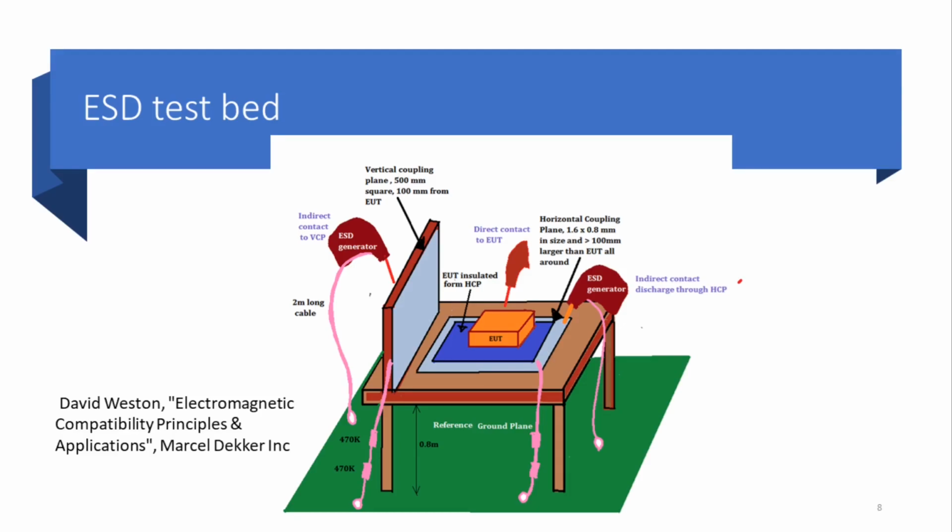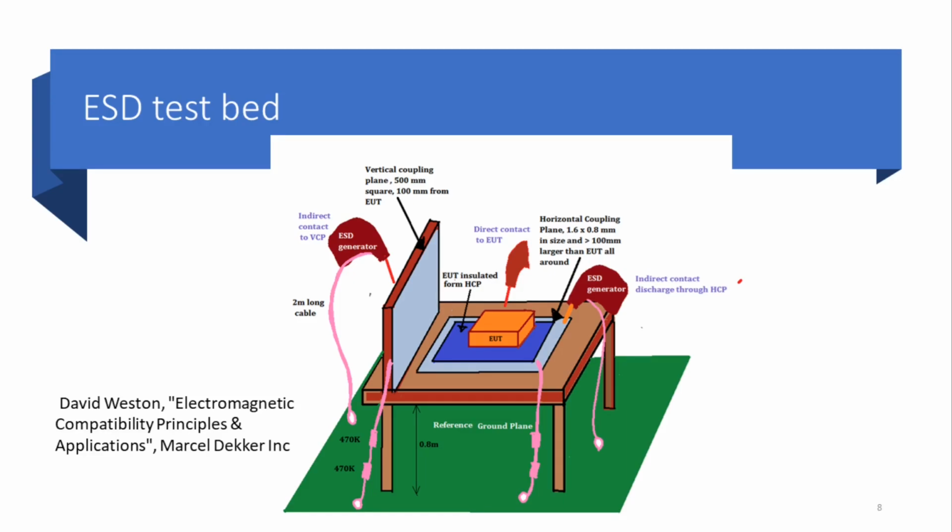LCD or LED display. Air discharges should be made to insulating surfaces such as video displays, screens, or keyboards. Some of the most potentially susceptible areas are displays and anywhere where a metal fastener, PCB, or other metal is close to the surface in a non-conductive enclosure.